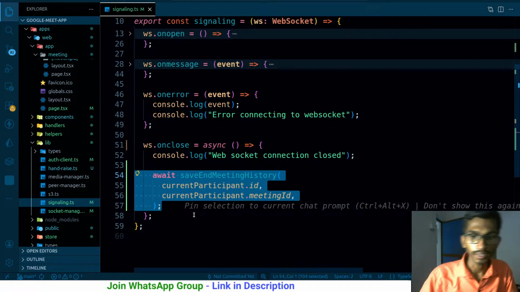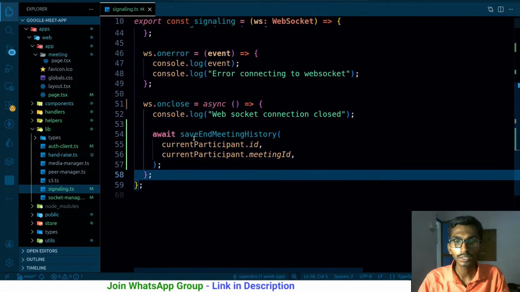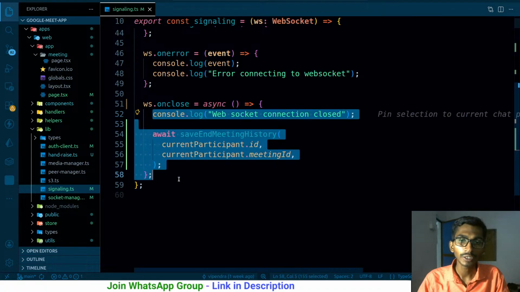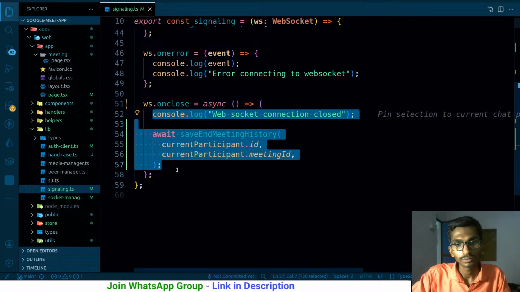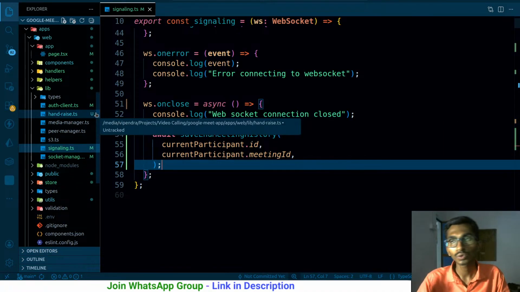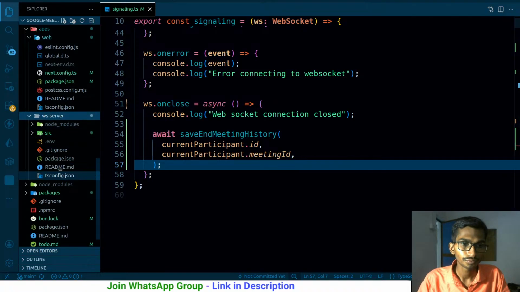Let it be here. What I'm gonna be doing is sending the event. Why am I sending the event? Because if the socket connection gets disconnected, this particular event will be triggered for sure. That doesn't mean that the meeting should be ended and all. If it is not working for the host, it should be working for others at least. Alrighty, so in that case, whenever you click on that, a particular event should be triggered. So coming back to the WebSocket server,